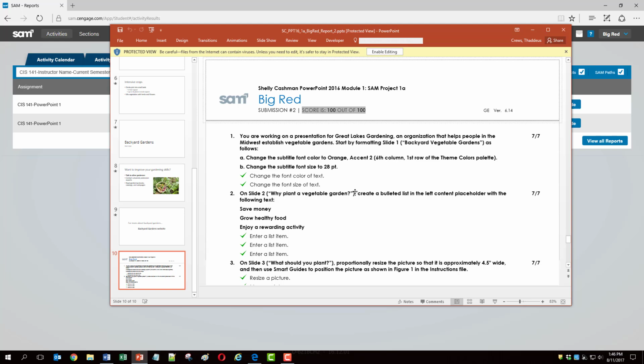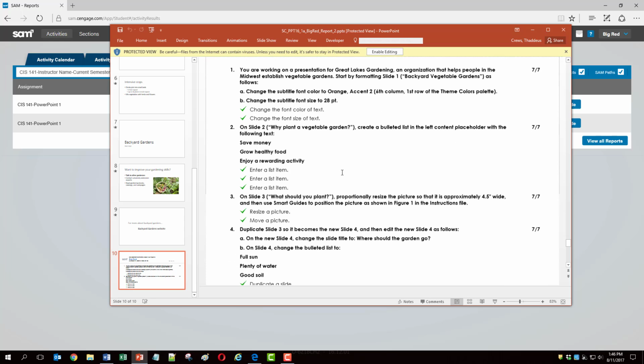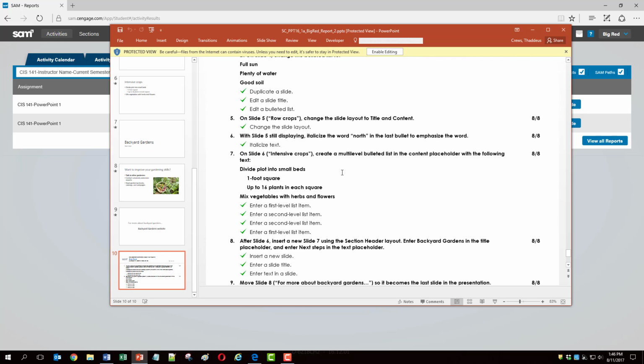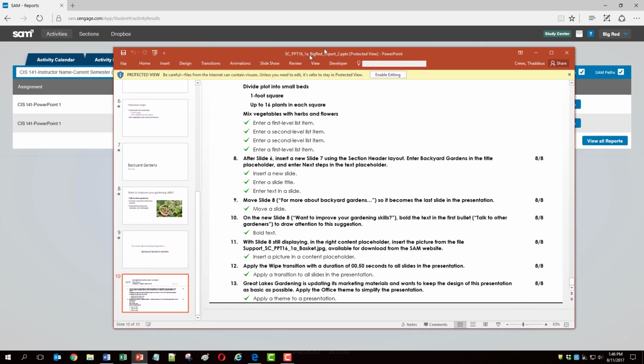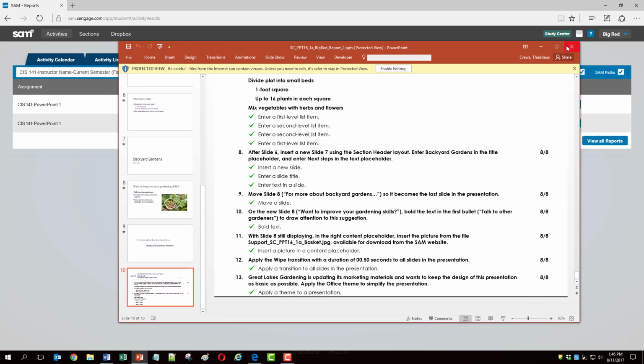But if it wasn't a perfect score, if it was 95 out of 100 or 85 out of 100, you could scroll down and you could see exactly what you missed. There'd be little red X's by the steps that you missed. And you could look at the steps you missed, make changes, go back to your file. Don't redo the whole project, but go back to the file that you submitted, make changes based on the red X feedback, and submit again. Don't submit this file again. This is just for feedback. Submit the file. If you have to make edits, be sure you go back to the file you were working on and make those